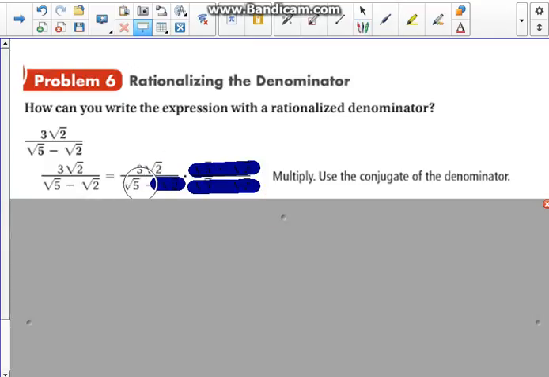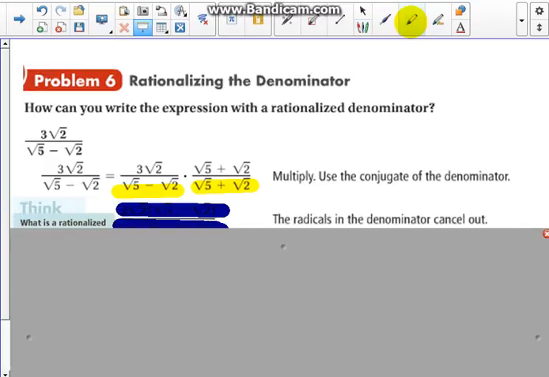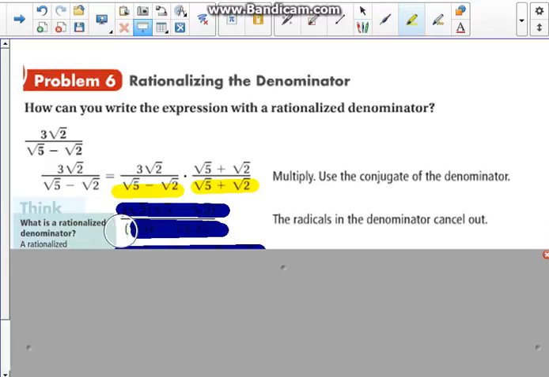So we're going to start off with what we have, and now let's multiply it by the conjugate of that denominator. So over here we had radical 5 minus radical 2, so the conjugate of that would be radical 5 plus radical 2, right? And that would get rid of all those square roots underneath on that denominator. So when we do that,